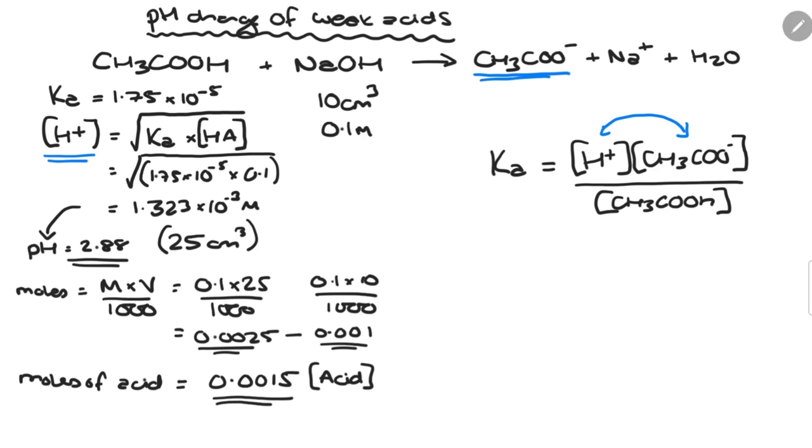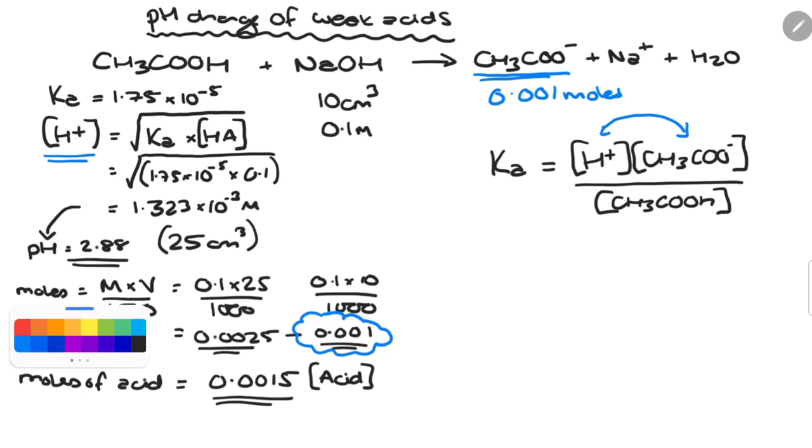But now we have this reaction whereby we have actually generated some salt. And the salt we have generated is equal, in this situation, to the number of moles of the sodium hydroxide that we used in the reaction. So the amount of product that we will generate of salt is also here 0.001 moles. Now this complicates this equation slightly, because we have to again rearrange this to generate H plus, and we